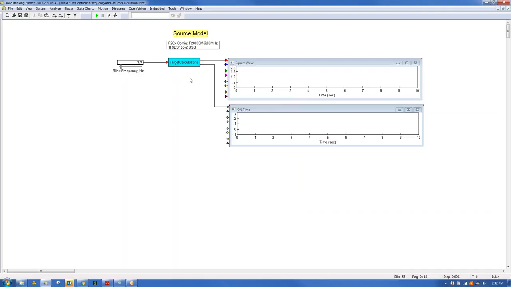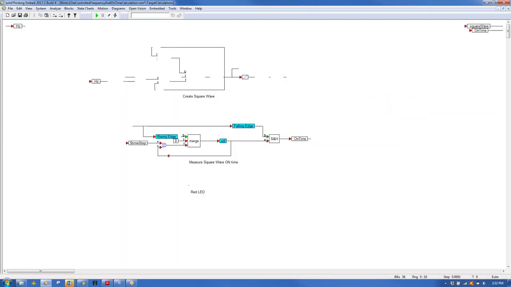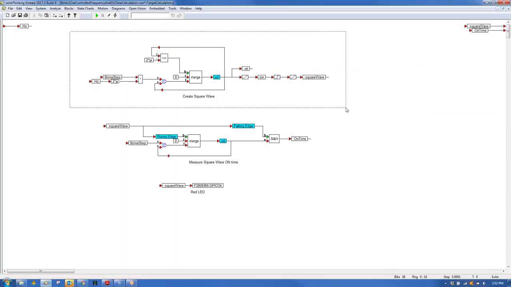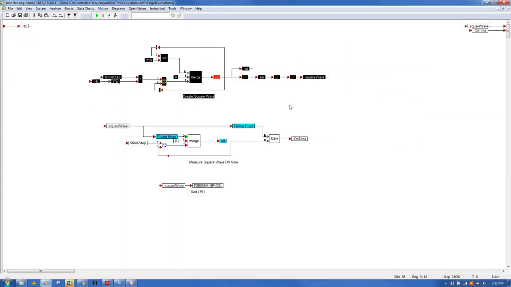What's changed is this. Now I've built a compound block, and I'm driving it with a little slider that's going to have the blink frequency in hertz. If I go inside the target calculations, I take the hertz signal coming in and process it two different ways. First of all, I'm going to create a square wave. There's a number of ways of doing this. This might be overly complex, but I have created omega t,